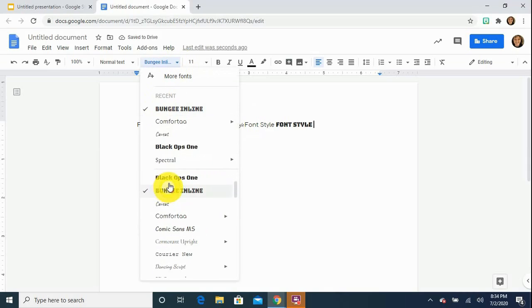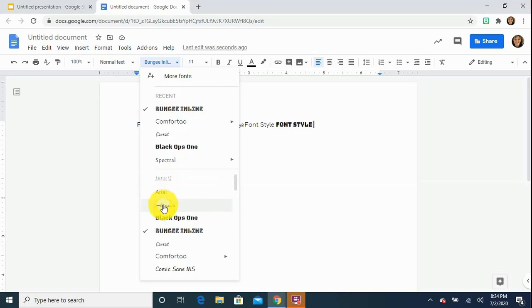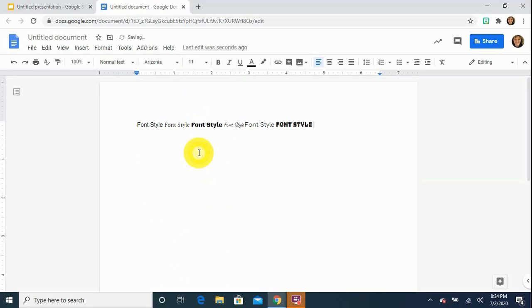And let's compare it with Arizona. I don't think I picked Arizona yet. Font style. Notice I did not change that number at all, but with the different styles, some are bigger and some are smaller. So when I'm picking out my font style, I need to be aware that some of these are